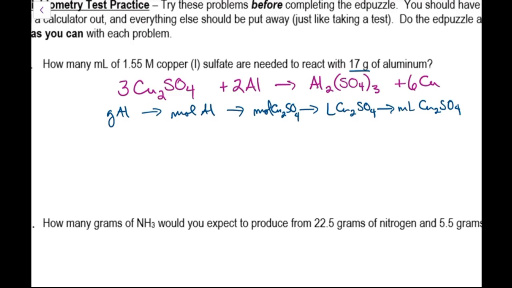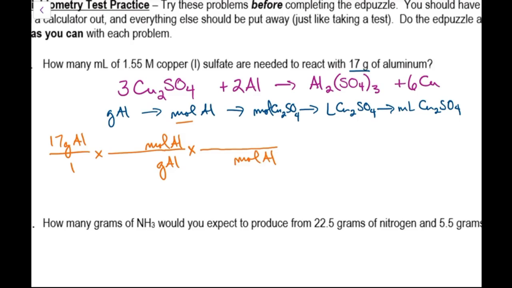Okay, so setting up the problem then, doing the stoichiometry, I'm going to start with 17 grams of aluminum, and then grams of Al would be taken to moles of Al. Always make sure that you're complete in labeling your units. Don't just put grams and moles. Label what they are grams and moles of, in this case aluminum. And I'm going to go through and just fill in all my units first, and then I'm going to worry about numbers. So moles of Al has to cancel, and if I follow my sequence here,